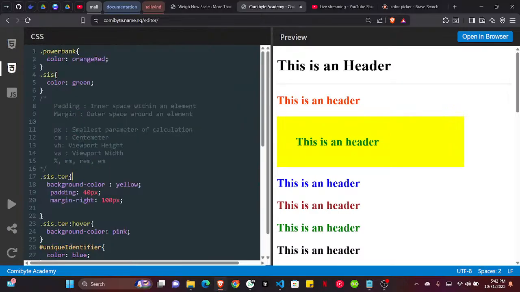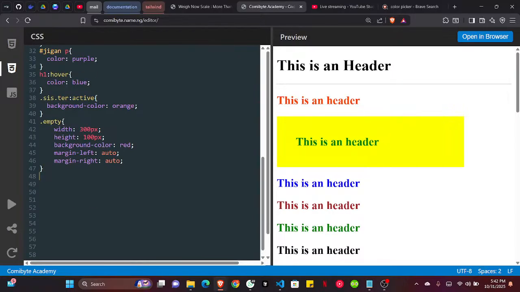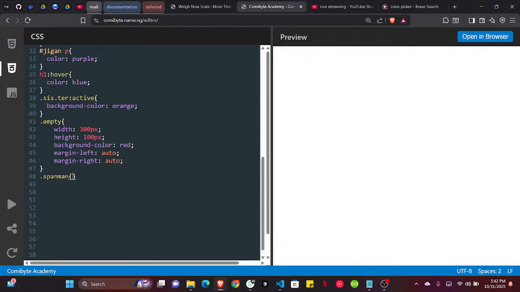If I come here to my CSS and style my span man, and I give it